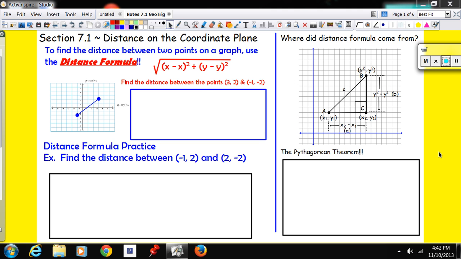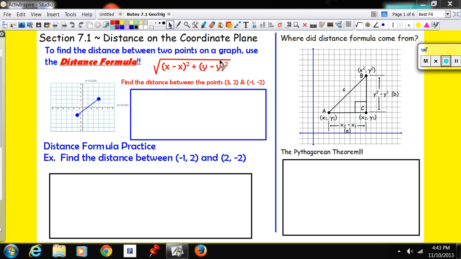Hey guys, here are notes for 7-1, the distance on the coordinate plane. So we're going to be talking about a new formula that's called the distance formula. To find the distance between 2 points on a graph, you can use this new distance formula, which is